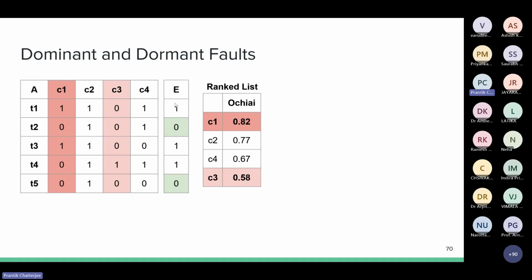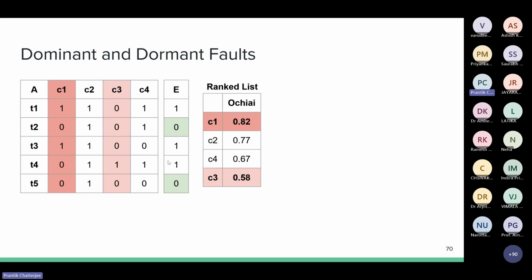If you look at the error vector, in test cases T1 and T3 the buggy component C1 was executed, so the corresponding cells are set to 1, saying that the test cases failed. And C3 is another buggy component. In test case T4, where the C3 component was executed, the corresponding test also failed.